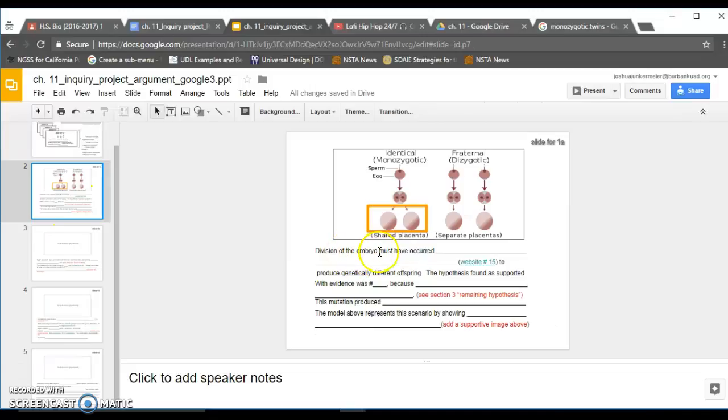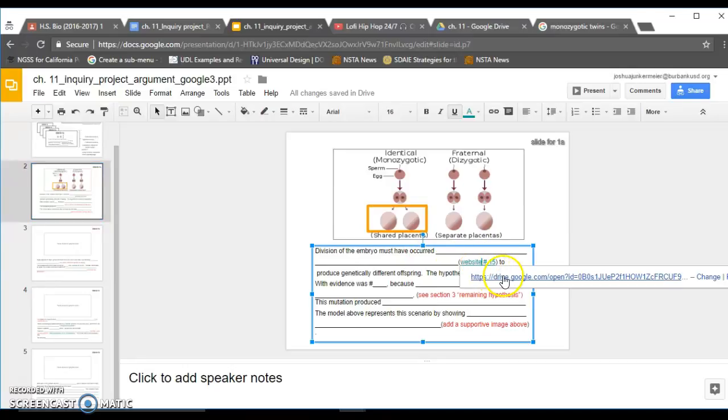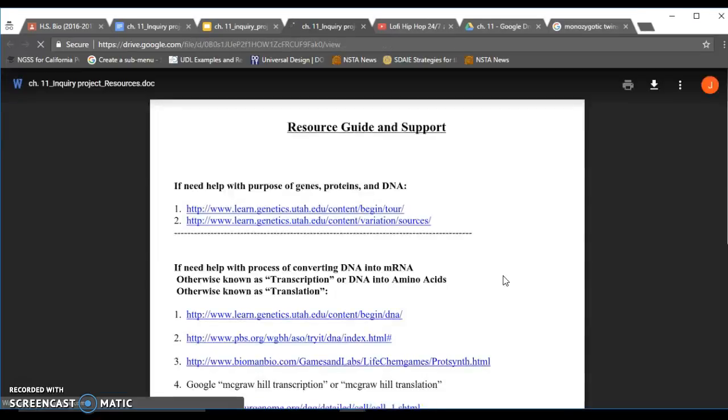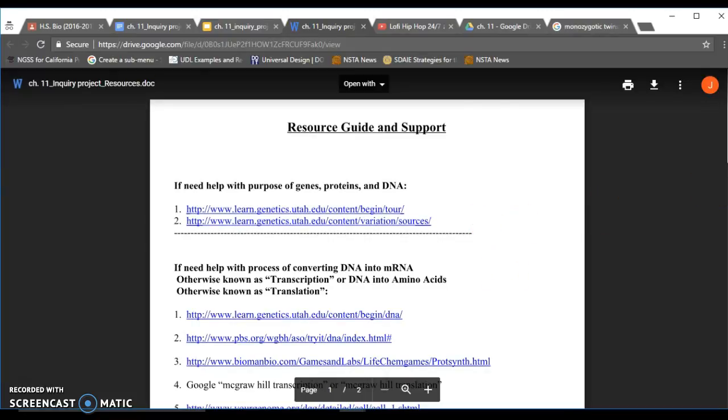Let's go back to this one though. It says division of the embryo must have occurred, and then it says go to website 15 for help. Let's just see where this takes us. Let's see what happens. So this linked us to the resource guide,